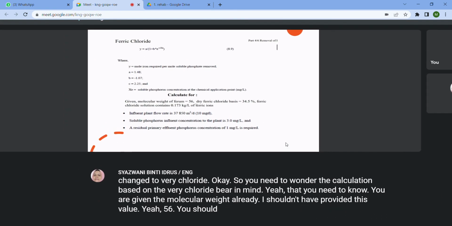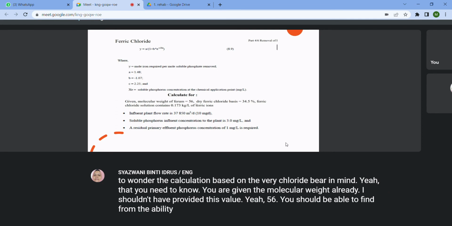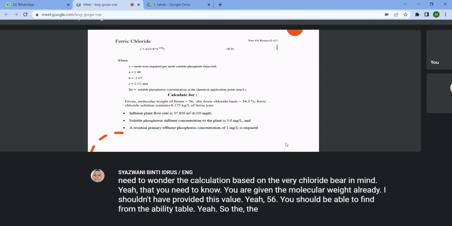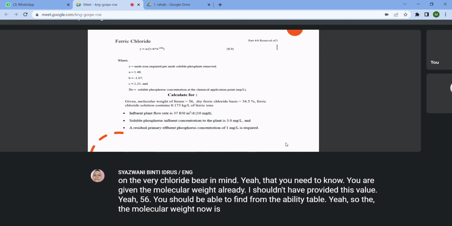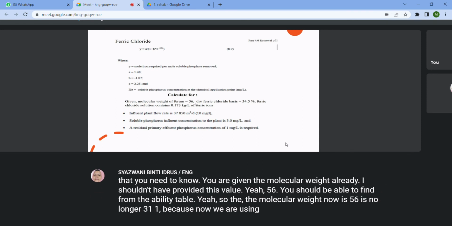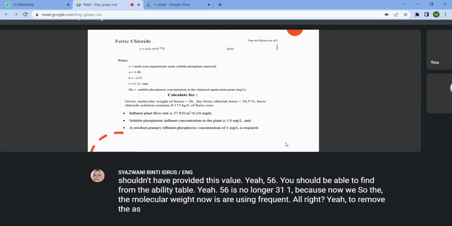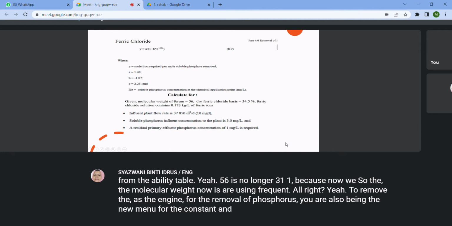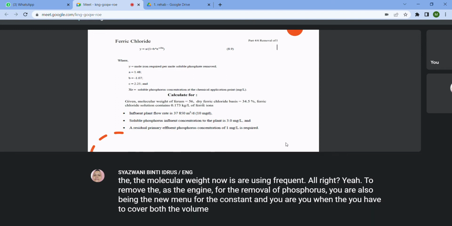You should be able to find it from the periodic table. So the molecular weight now is 56. It's no longer 31. Why? Because now we are using ferric chloride as the agent for the removal of phosphorus. You are also being given the new value for the constant, and you have to calculate both the volume as well as the weight of the ferric chloride required